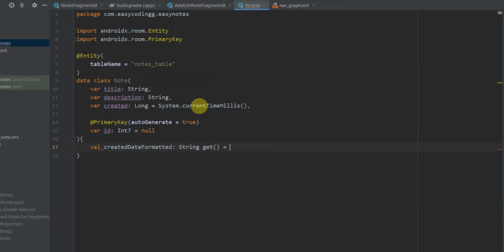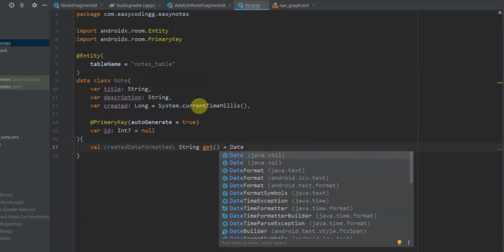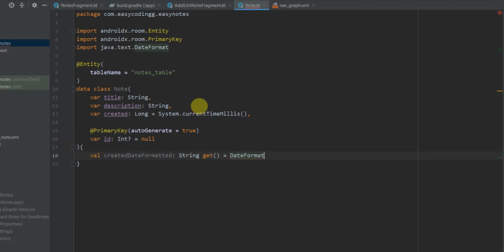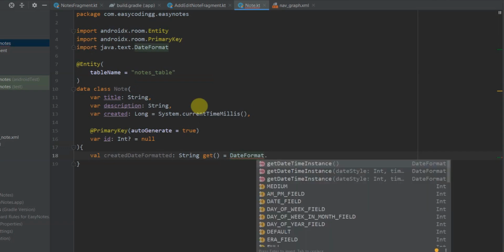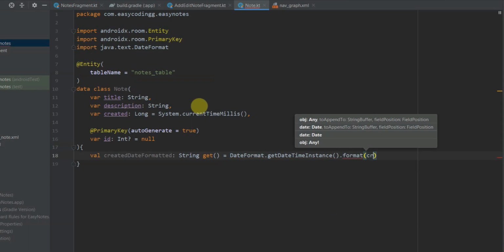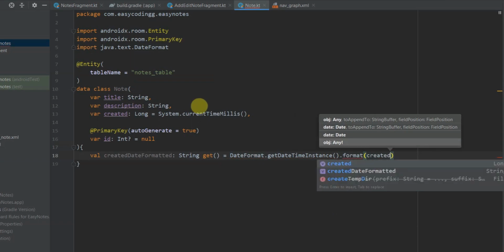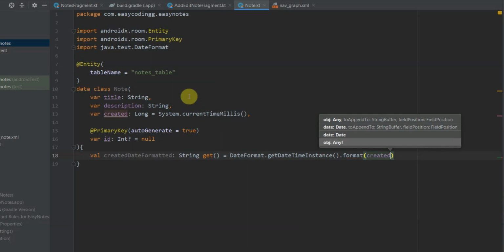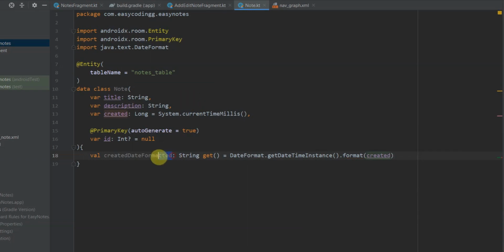We can change its getter function, and it will be equal to DateFormat from java.text.getDateTimeInstance().format, and here we will pass our timestamp in milliseconds, which is created. So whenever we access this createdDateFormatted, it will take this created timestamp in milliseconds, format it, and give it to us.